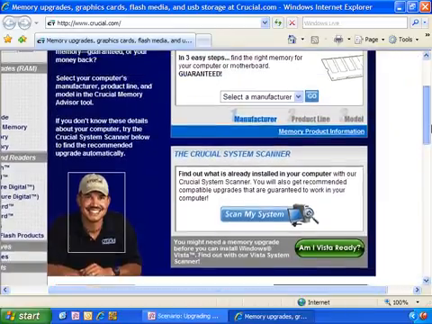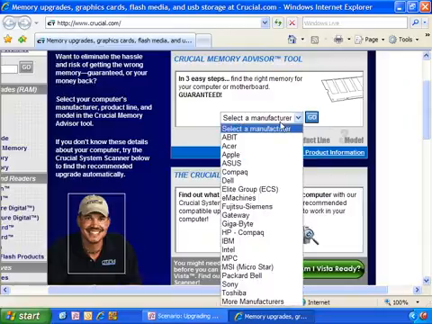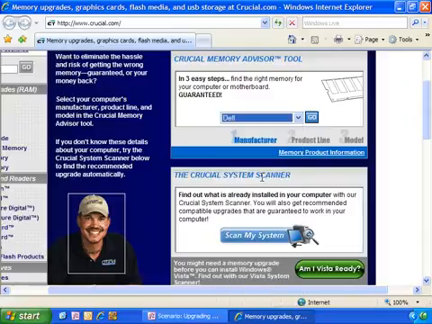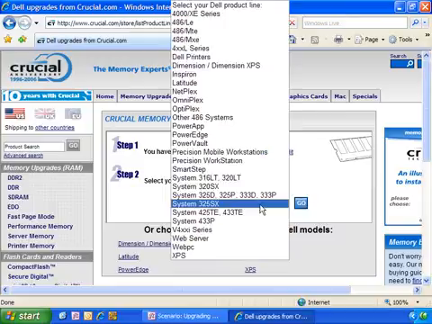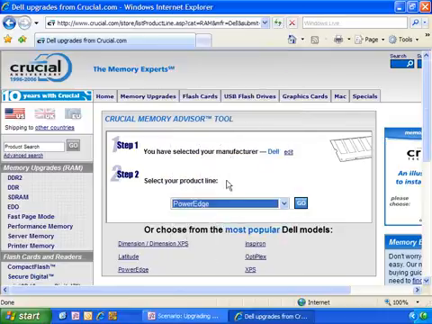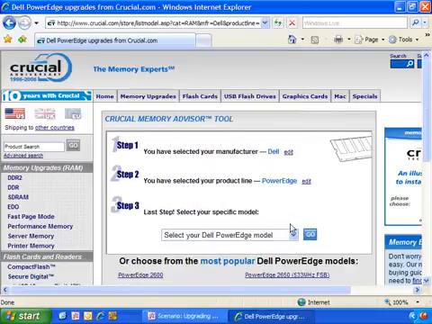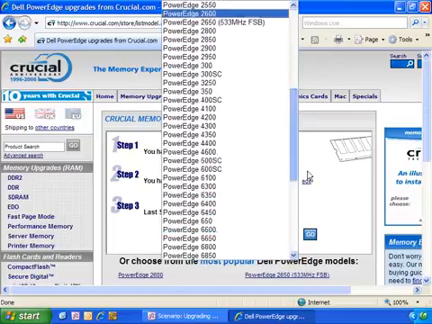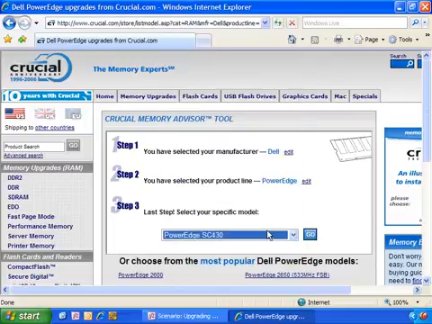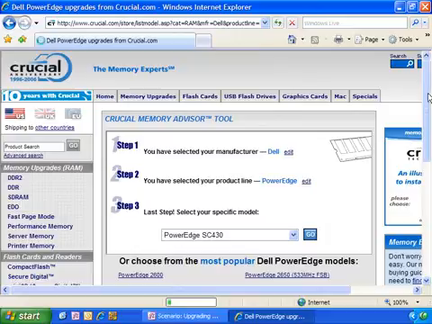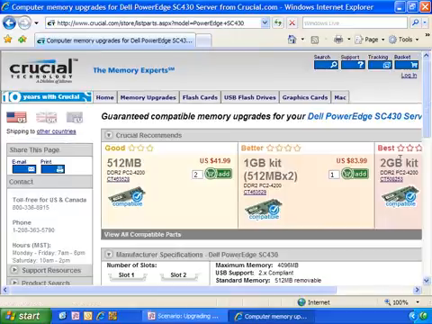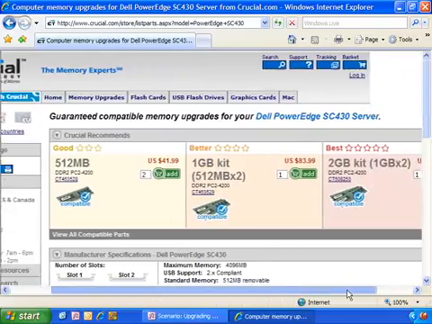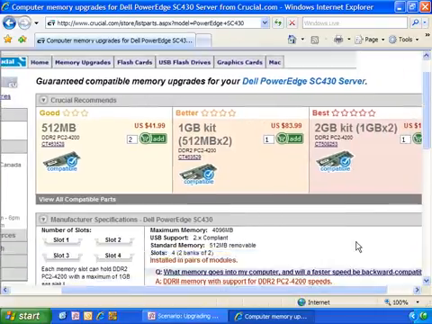So what I do is, say I select the manufacturer here. Let's say that I currently have a Dell. Then it asks me for the product line. Well, let's say that I have, where's my PowerEdge? I have a PowerEdge low-end server. It's an SC430. All right, and right now I have 512 megs in my low-end server. And what I really want is 2 gigs. So if I go down here, it tells me